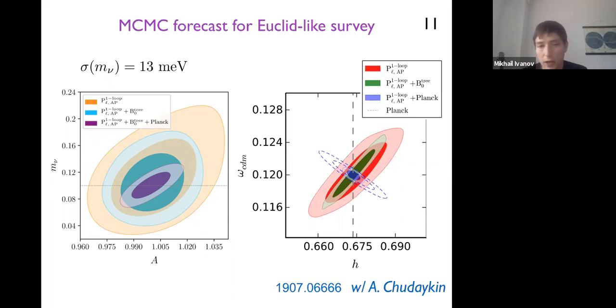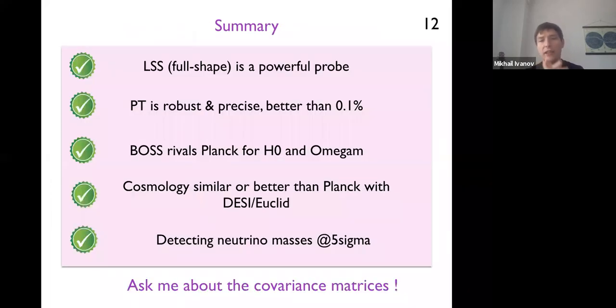And also, as far as other cosmological parameters are concerned, you'll be able to measure them from the power spectrum data alone as well as from Planck. And importantly, these measurements will have different contour orientations, so that when you combine the likelihoods from Planck and the likelihood from Euclid or DESI, you'll be able to massively break these degeneracies and get super tight constraints on the cosmological parameters of lambda CDM. For instance, for H0, you will be able to get a 0.1% precision measurement.